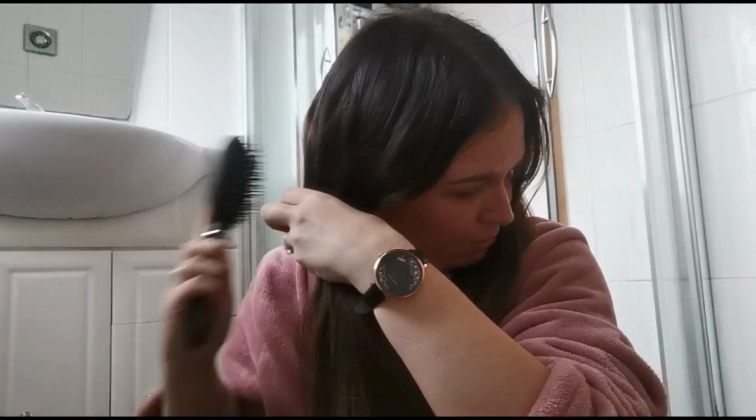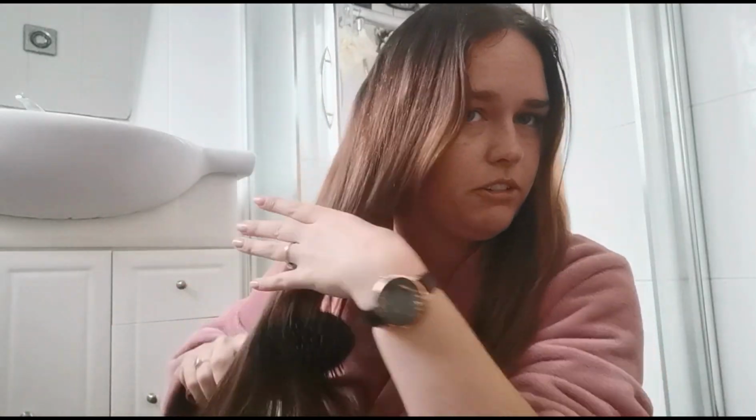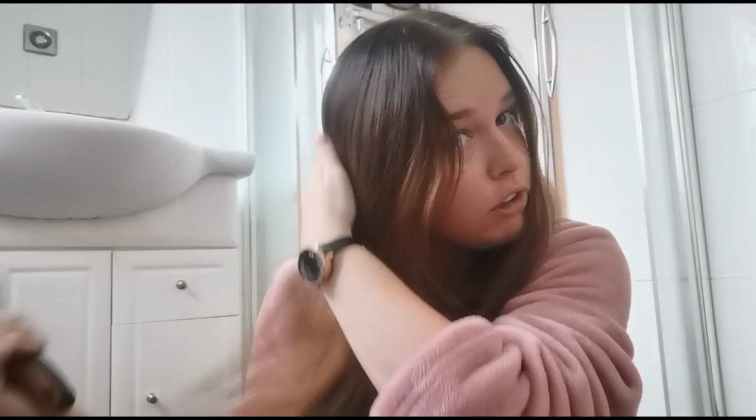Obviously, as you probably know by now, I do have extensions in. I have only got one row of a weave at the moment. I used to have tapes for 2 years, and then I decided to switch over to a weave. I don't need as much hair now because my natural hair has grown a lot since having the extensions in. So that's my natural hair now, which is really weird. It doesn't look that long to you if you have really long hair, but that's my natural hair. I can't actually get it down to where it actually is, but